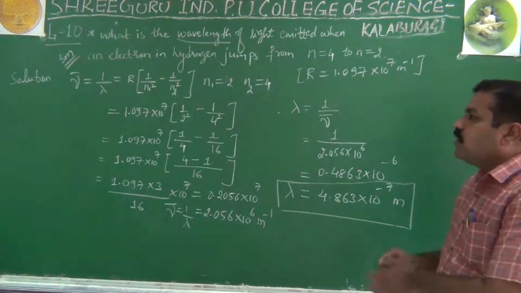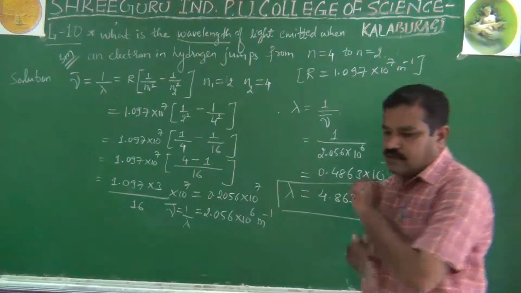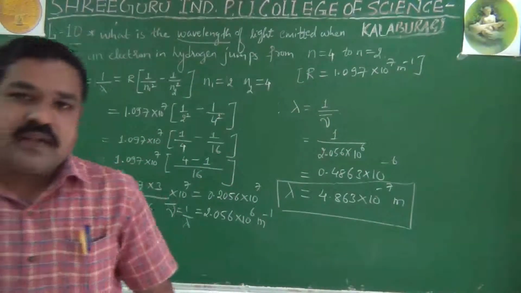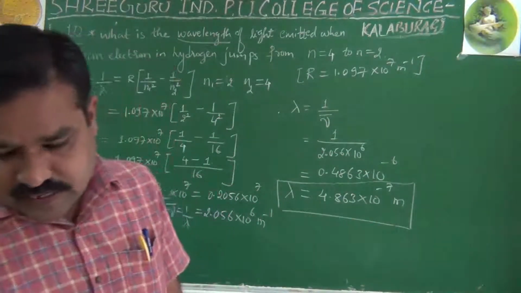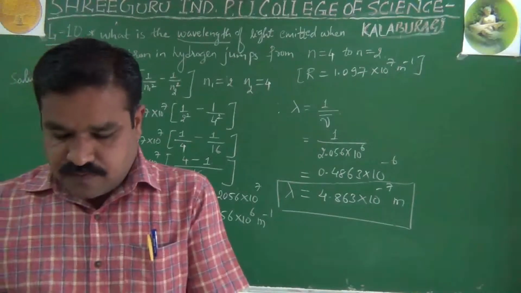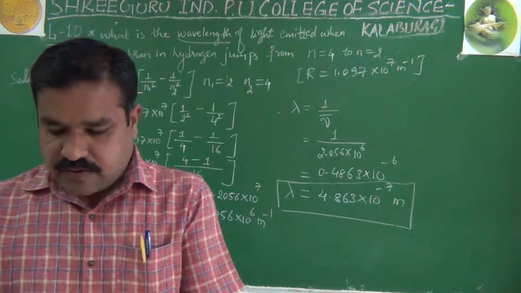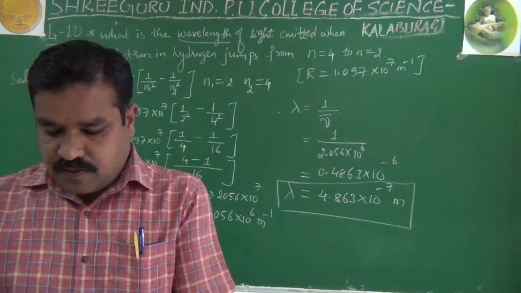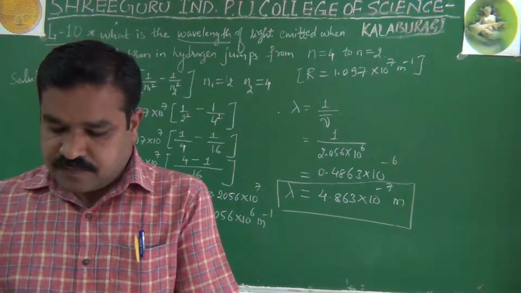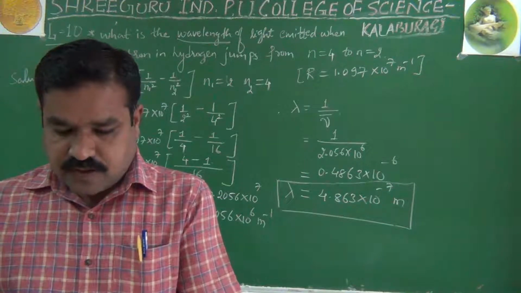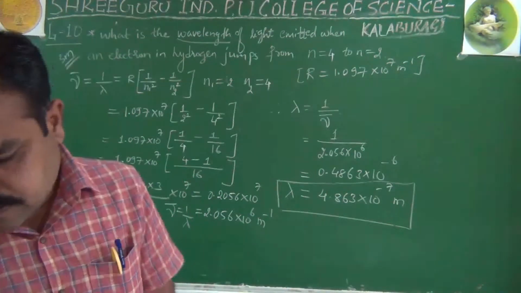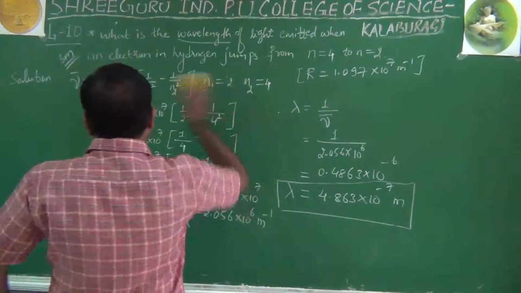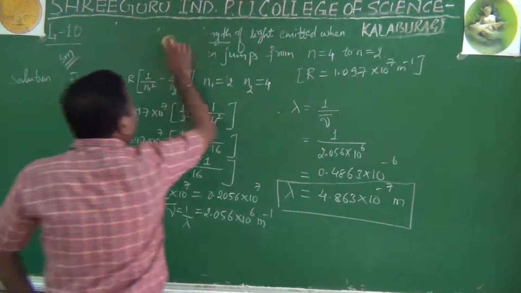Okay. Now without wasting time, I will move on to the next, third numerical, where we are going to calculate wave frequency. This time wave frequency. Let us go for calculating the wave frequency. See, wavelength and wave number are over. Now calculating the wave frequency, let us go to the next numerical.